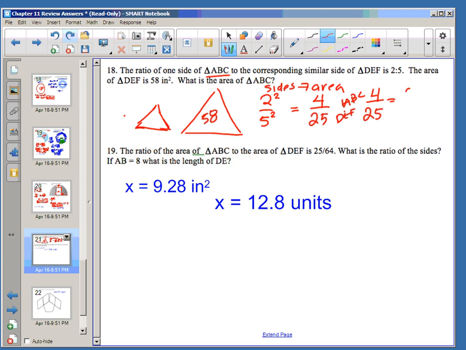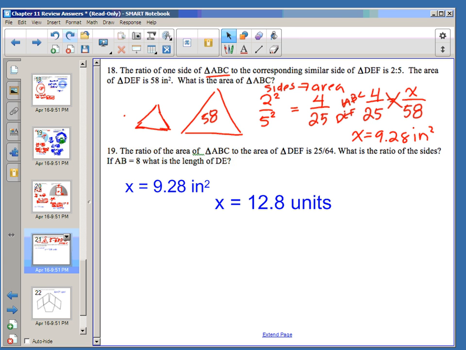So if I want to find the area of ABC, I'm going to put X, but I do know the area of DEF is 58. So then I cross multiply, and when you cross multiply, you should get the area to be 9.28 inches squared. Number 19 is virtually the same problem, except now it gives you the ratio of the areas,